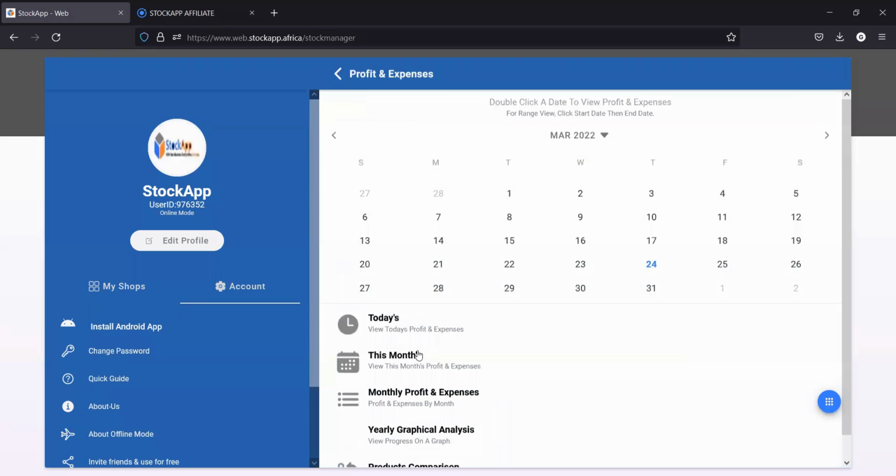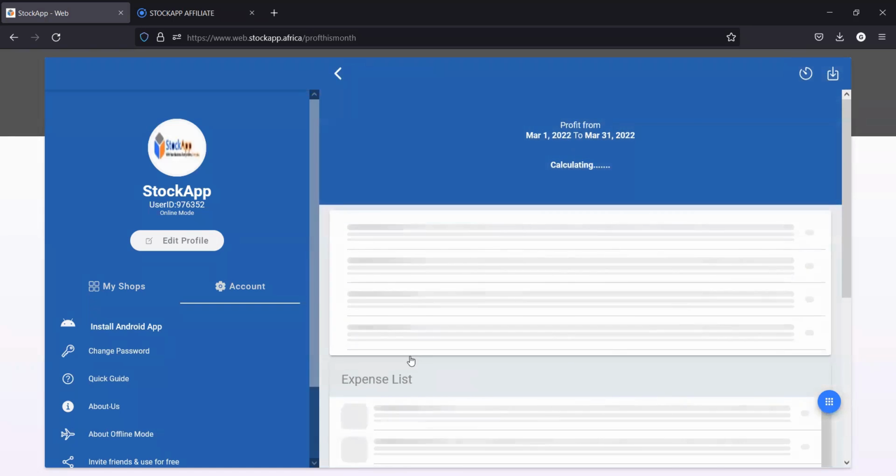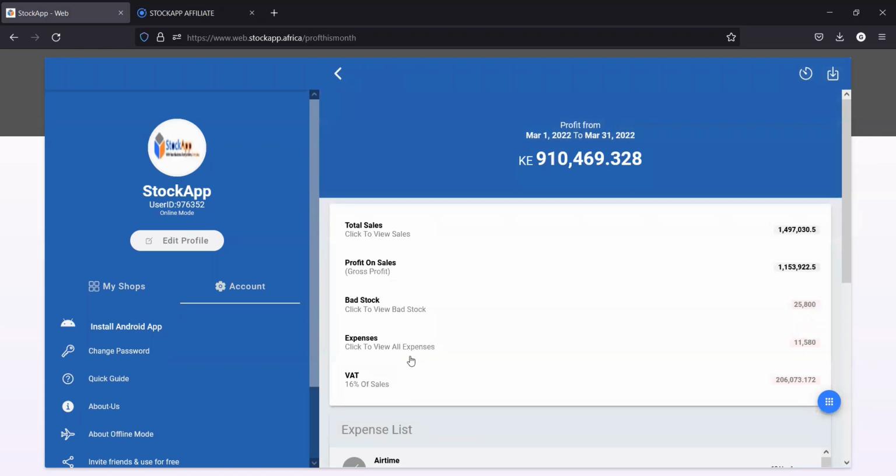Then you have profit and expenses manager. This is where you are able to find the expenses. So here is where you will add your business expenses, here is where you will know your profit for today, yesterday, the day before, last month, and how last week was going. For example, that is the profit for this month. So I'm able to see from sales, profit on sales. I'm sure the accounting students we have in the house